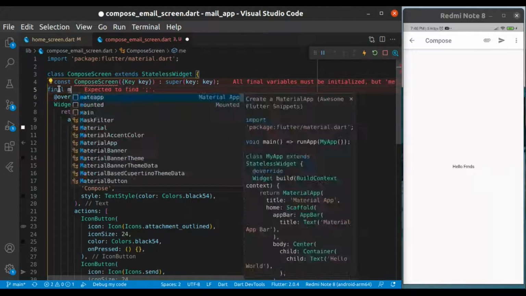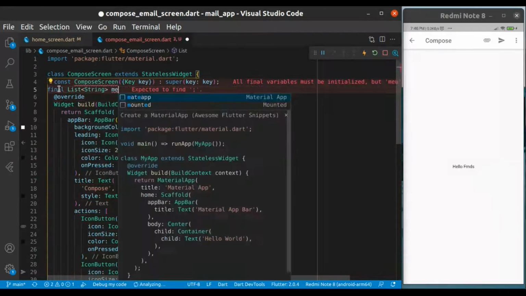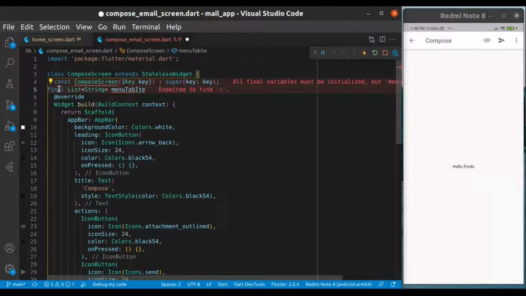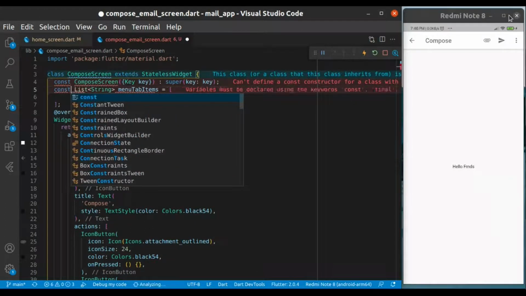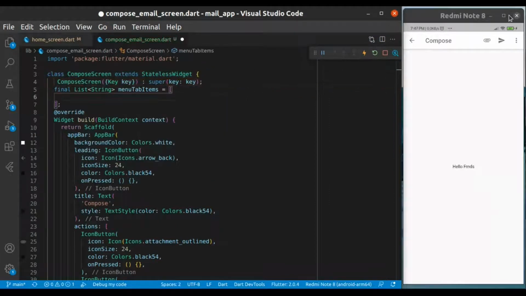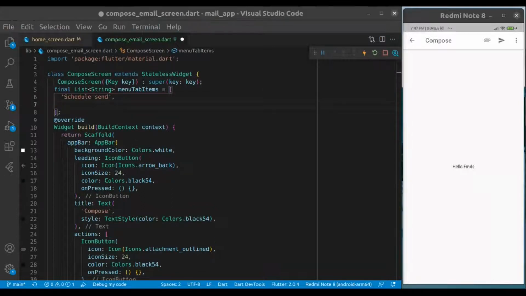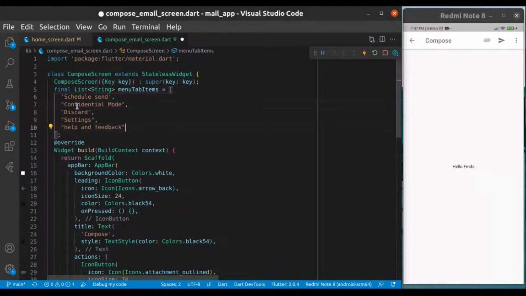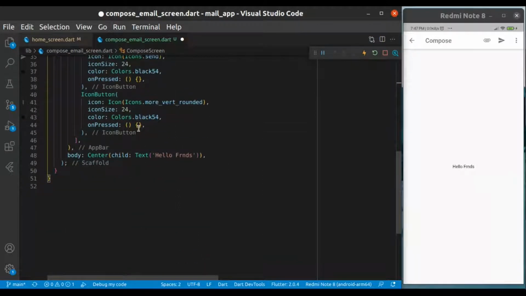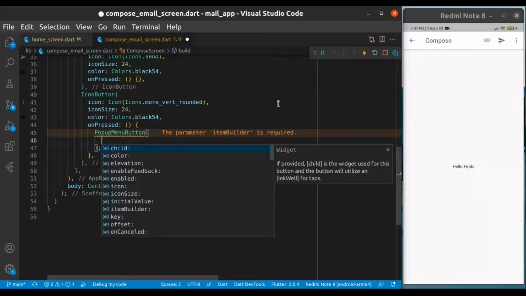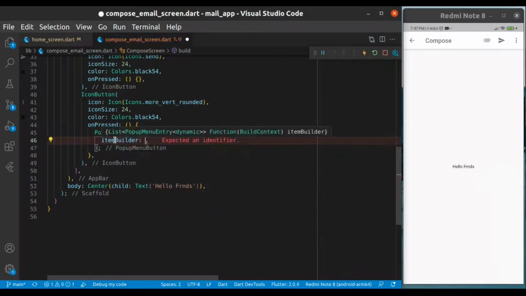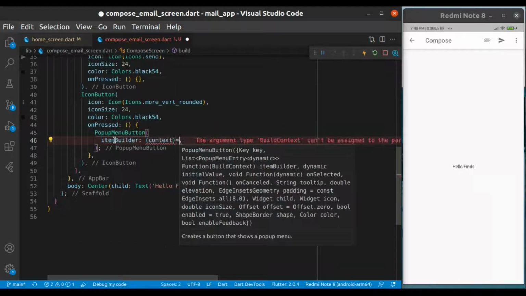So let's store the values that will show in the menu tab. Just copy paste, you don't need to write from the project. I'll just write one and just copy paste the rest of them. Yes, pop-up menu button is a widget, you can say, which will show us the menu tab.